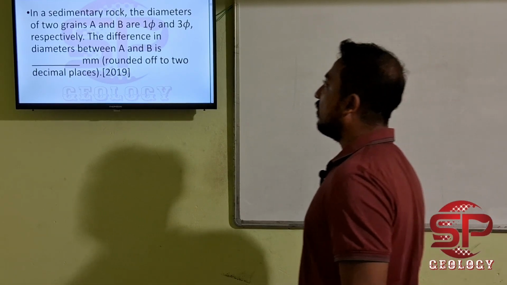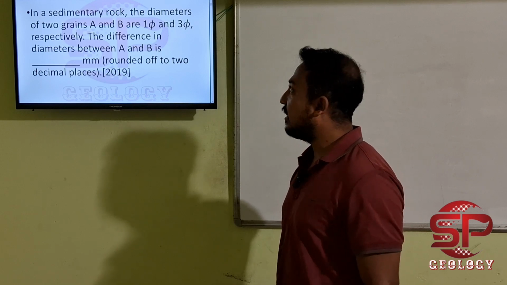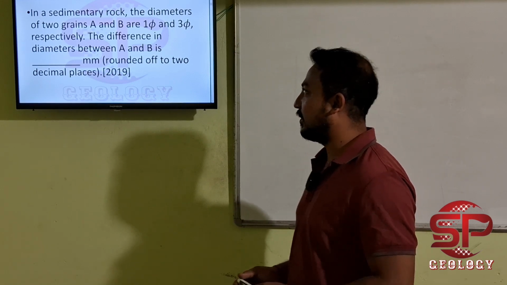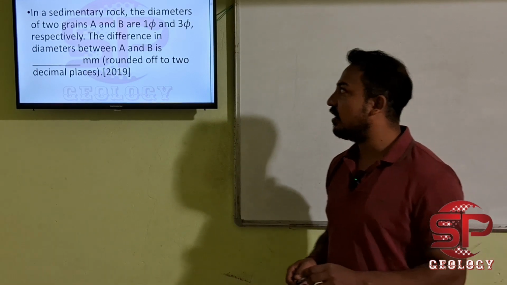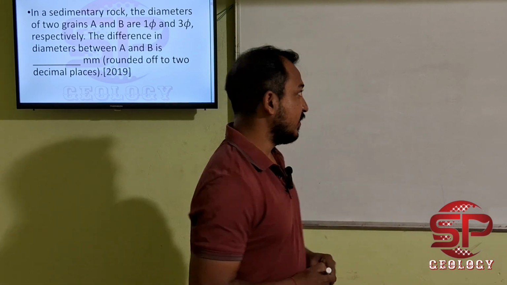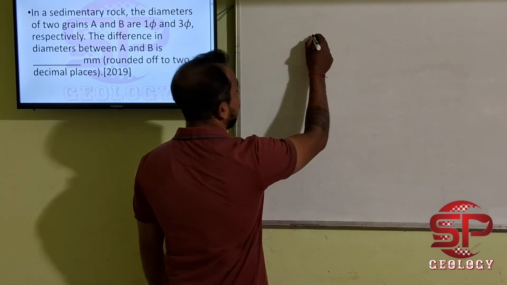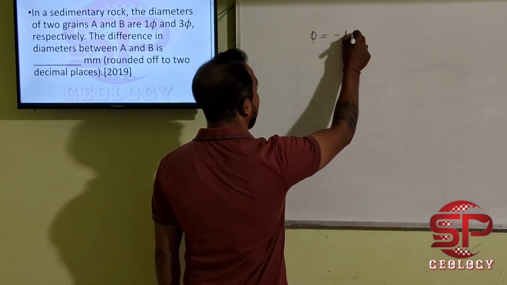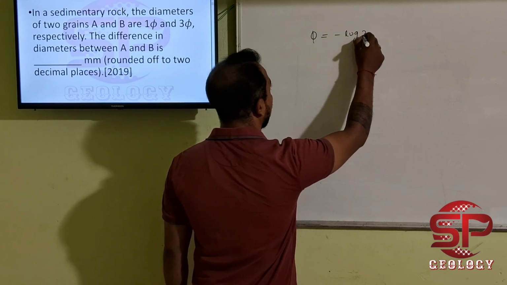So in a sedimentary rock, the diameters of two grains A and B are 1.5 and 3.5 respectively. We have to calculate the difference between the diameters. So first, the relation between phi and diameter is like this: phi equals minus log base 2 of